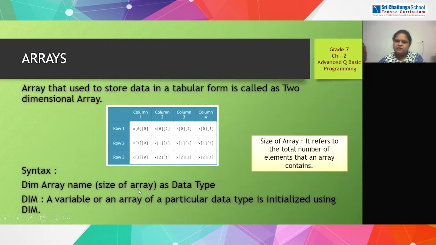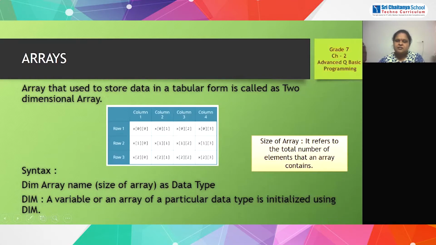It refers to the total number of elements that an array contains, means how many elements are inside that array. And after that, we have to specify the data type also. For example, Dim n5 as integer. As integer means n5 will be a variable which will hold integer data. It will take the integer data from the user.